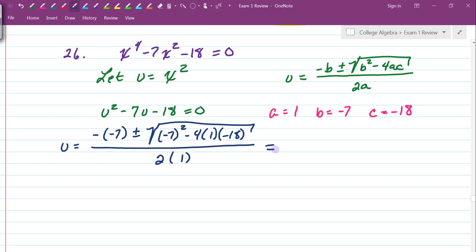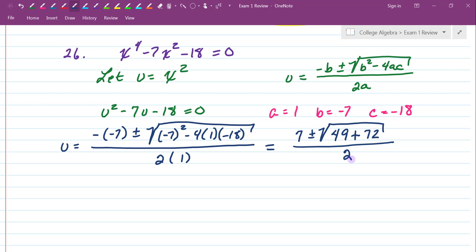So we end up with negative times a negative gives me a positive 7 plus or minus the square root of negative 7 squared is 49. And then I have a negative times a negative. So that's going to give me a positive, so it's going to be plus. And now 4 times 1 is 4, and then 4 times 18 is 72. Divided by 2. Okay, so now we need to figure out what is 72 plus 49, and that is equal to